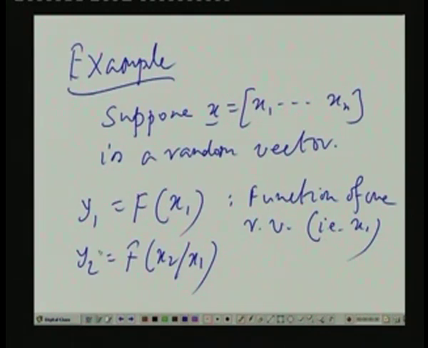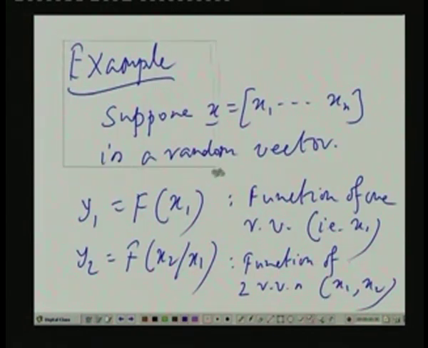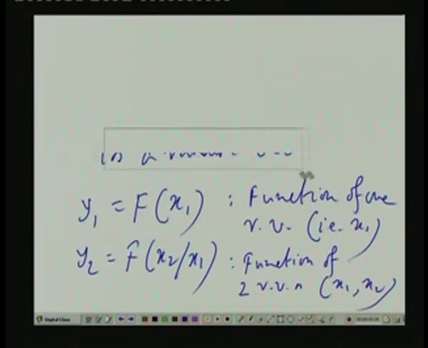But as x1 and x2 change from experiment to experiment, the value y2 also changes. That means y2 is a random variable, but this time it is a random variable that is a function of two random variables, x1, x2. Likewise, we define dot dot dot yn as